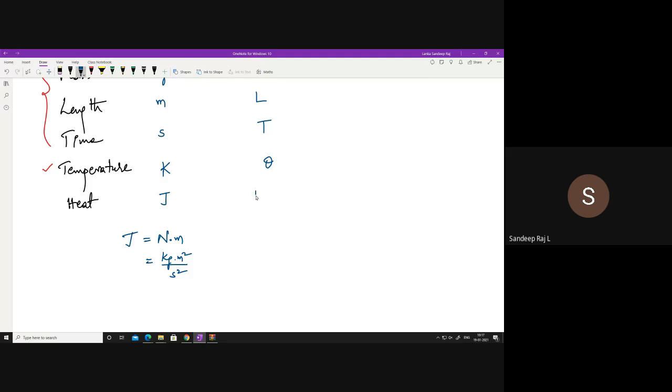So the kg dimension is M. The meter, the dimension is L square. I have to put there. Second dimension is T to the power of minus 2. So this is how we will take the dimensional formula for all these things. So these basic things you remember. Keeping these things in mind, we will have something called as